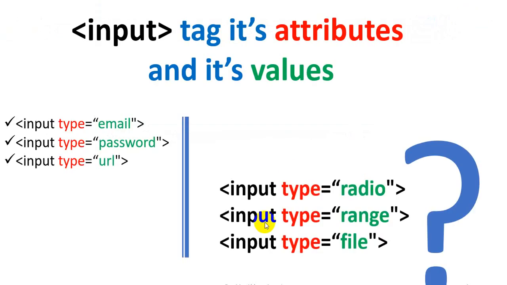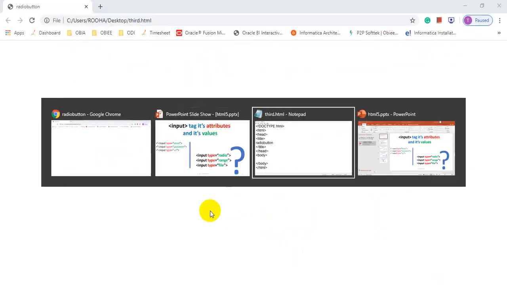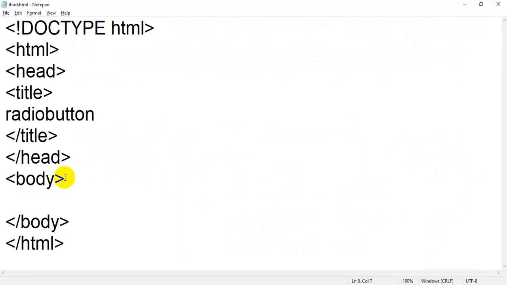This line is written in the title, so this bar is called the title bar and this bar is called the task bar. On the title bar you get the title, radio button. I have written this line in the title tag. Now I am going to minimize this and add something more. I am going to add a form and then look at some input types.